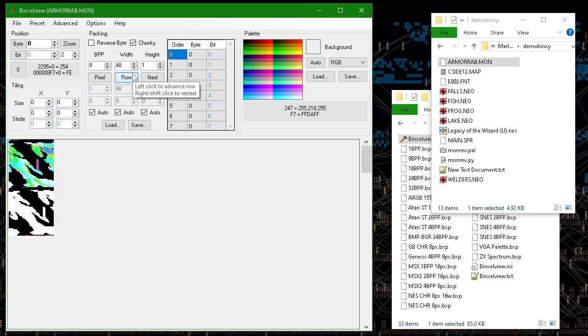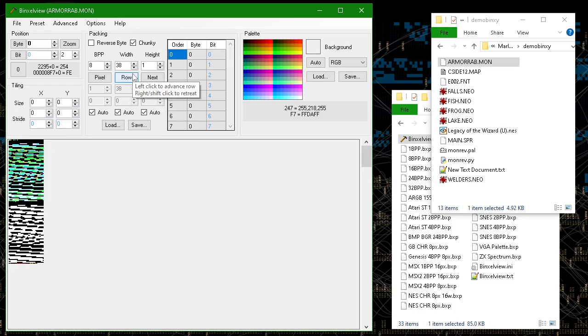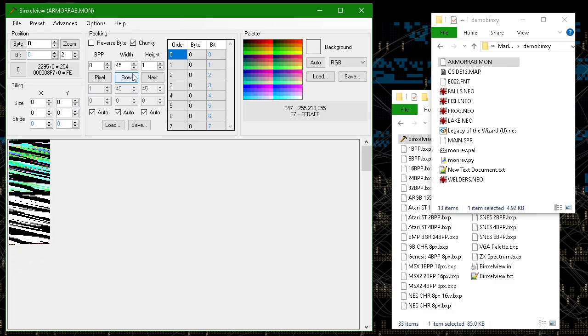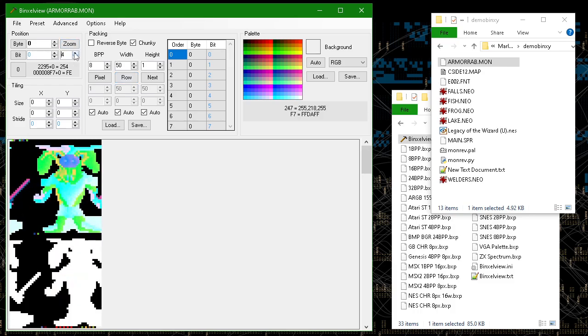But to show you, going up and down from 50, see how it's very slanted, and when you get close to the right number, it starts to line up. You're shifting by 2 pixels every line here, and now we're shifting by 1 pixel every line because we're off by 1. And when we finally get it, it all just lines up. I should probably increase the zoom here so you can see it. And that's the start of finding the image data.